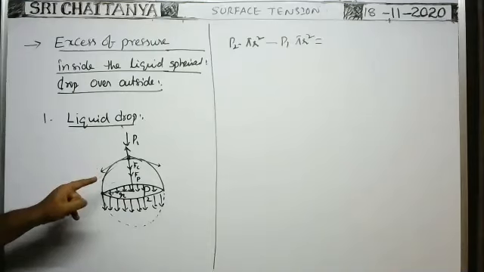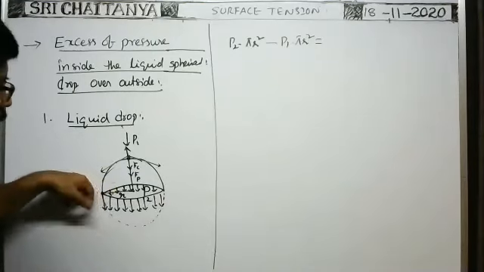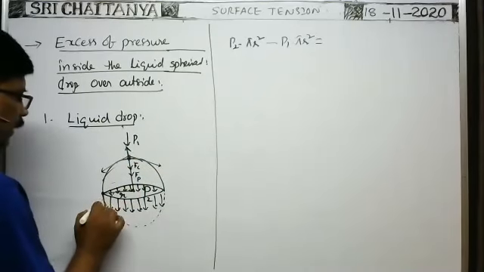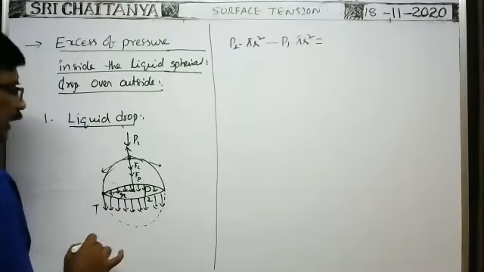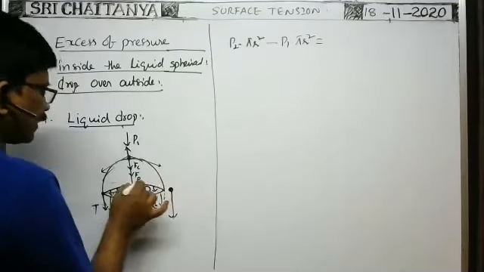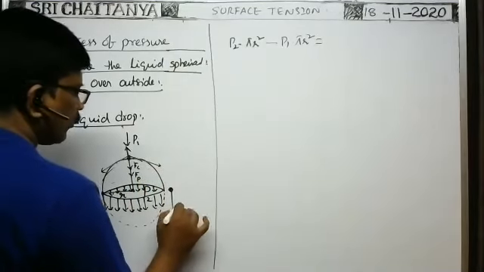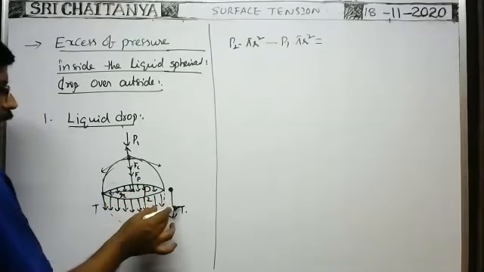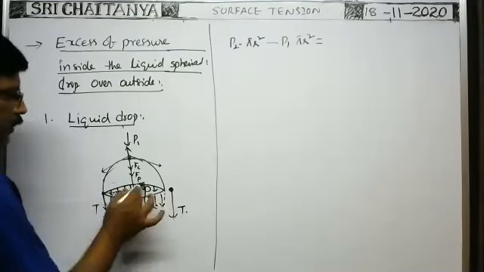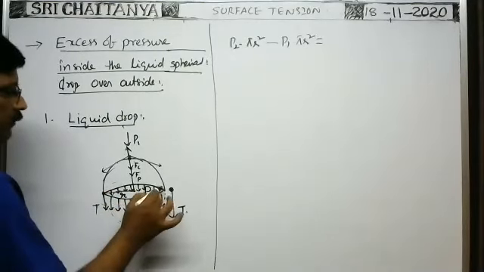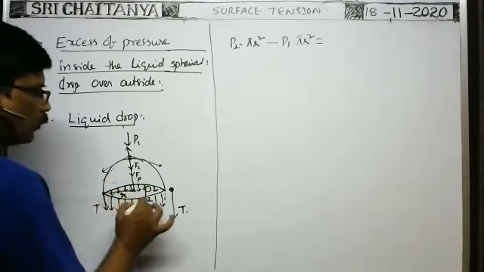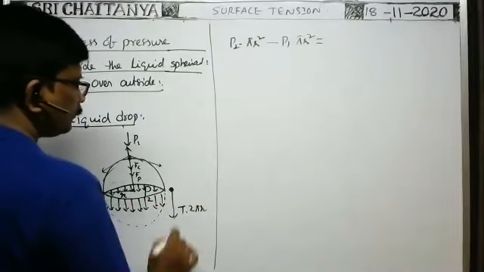Force due to surface tension is always on the outer surface of the liquid only. Therefore, the surface tension of the liquid is T. The force due to surface tension acting on this hemispherical drop in the downward direction is equal to T into, as surface tension is the force acting on unit length, the total length of the outer surface of the hemispherical drop on which the lower hemispherical drop applies the force, which is 2 pi into the smaller radius, 2 pi r.